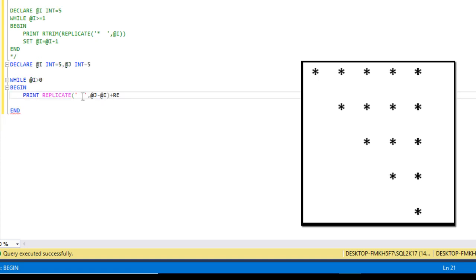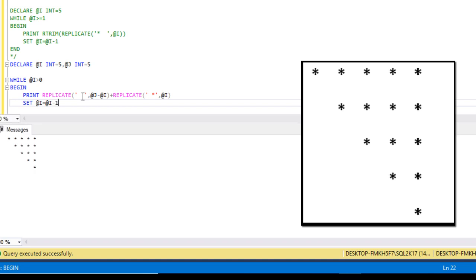Now again we need to use the replicate, and this time we just want to replicate with star. Now comma, how many times we want to replicate? We want @I times. Now we can set the @I value to @I minus 1. Now we can execute and check the output. So we are getting the output as we are expecting. So this is